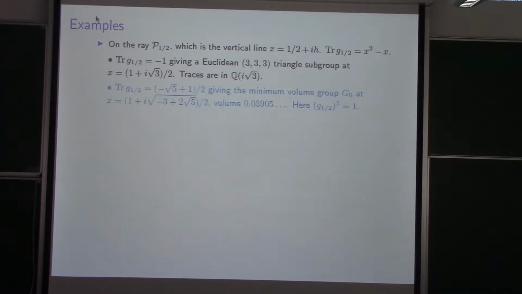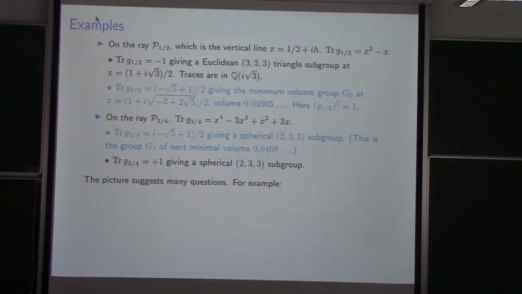And if you study what we know about the geometry of this orbifold, indeed it does have exactly such a subgroup. And you can go on different rays and you find the next smallest group